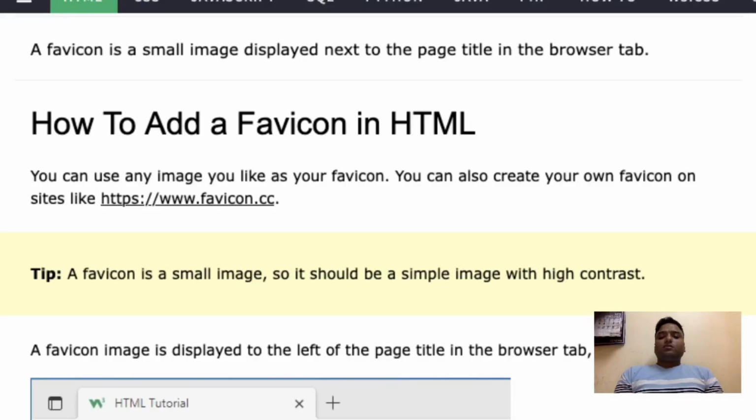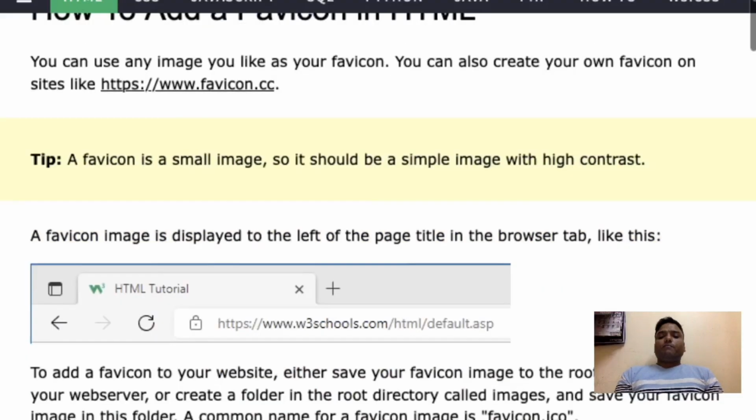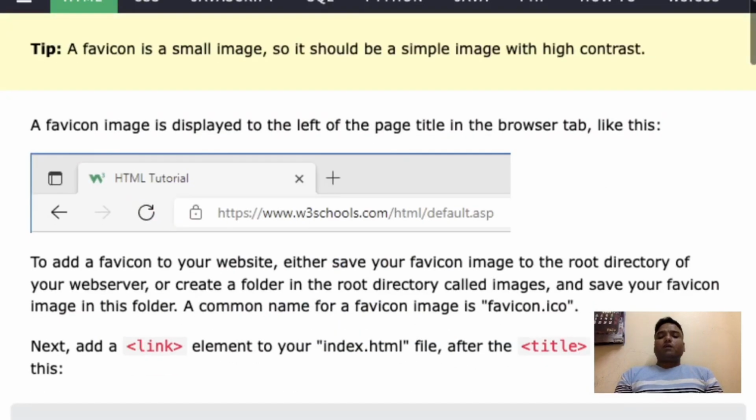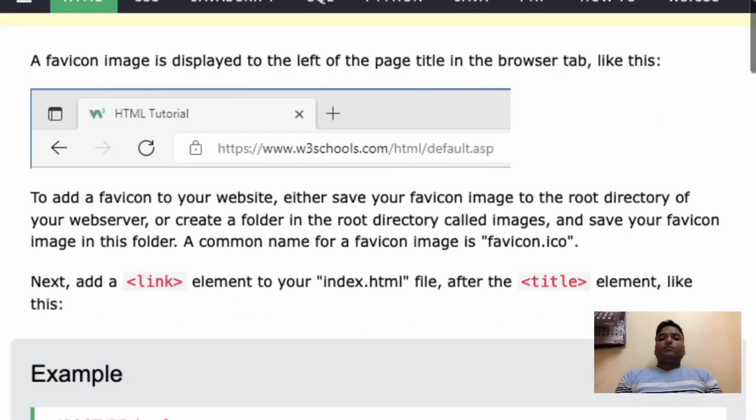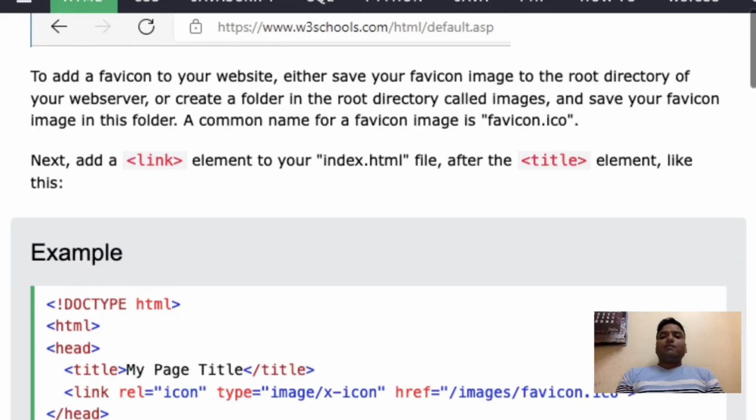Whenever you reload, it will display the icon in the tab. It is basically the favicon or favorite icon image. This is a small thing that is used to display that icon in the tab section.